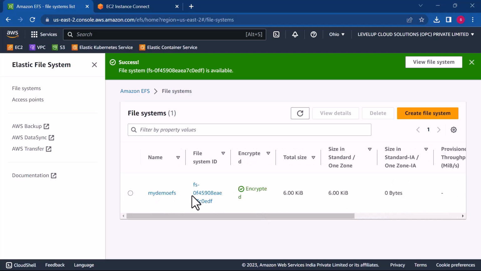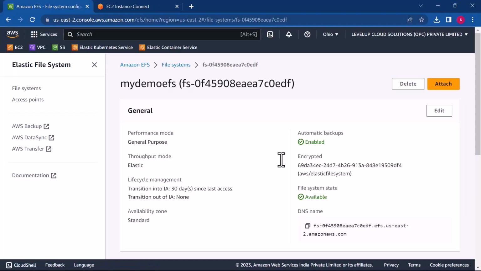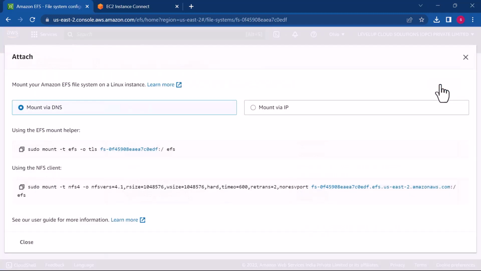Okay. Now the file system is created. Let's go to this option called name, and on the top you see there's an option called attach. Click on this. Now you'll get a syntax for how to attach, either by using an NFS client or by using an EFS mount helper. Let me copy this syntax. Let's go here